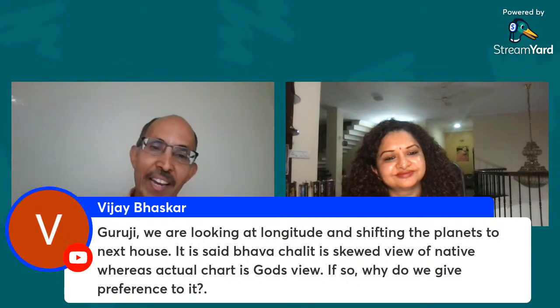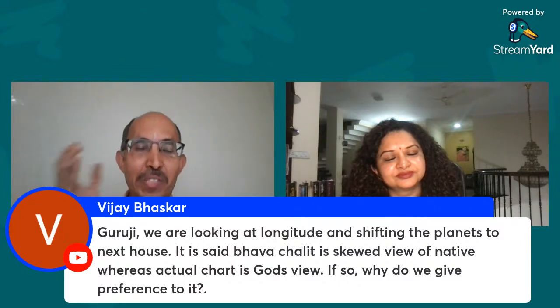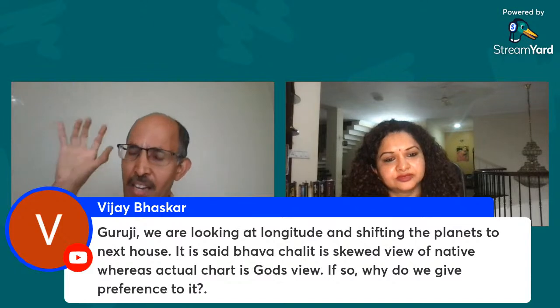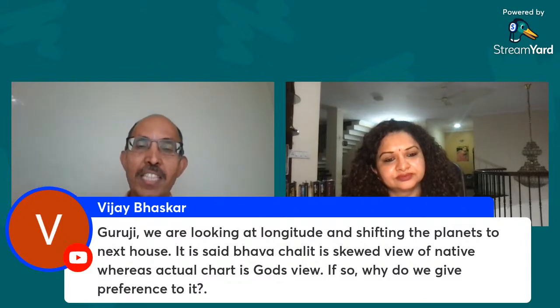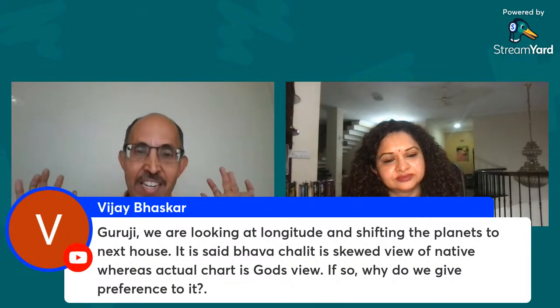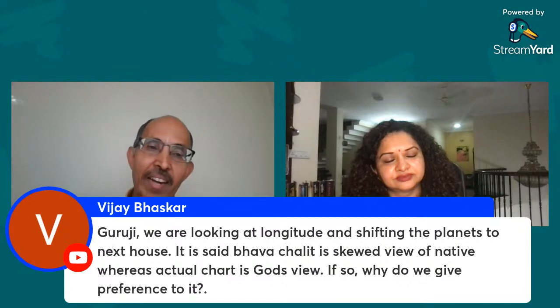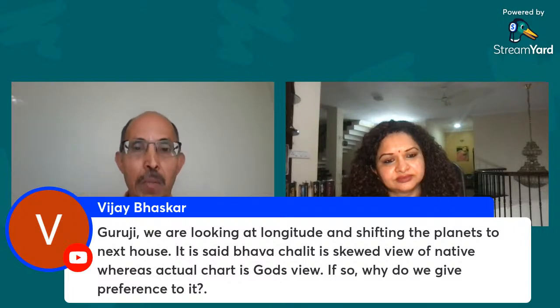See, we make a Rashi chart because it's convenient to see which Rashi a planet is in. The Rashi chart only shows which Rashi a planet is in. It doesn't show Bhava. There's no concept of Bhava or house in the Rashi chart. Bhava or house is in the house chart. If Lagna is at 1 degree Sagittarius and Jupiter is at 29 degrees Scorpio, Jupiter is in the first bhava, though he's in Scorpio. When the Rashi chart shows Jupiter in the 12th sign, it doesn't mean he's in the 12th house. He is in the first house only.